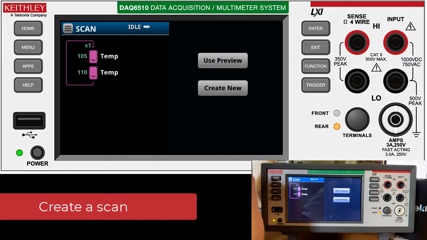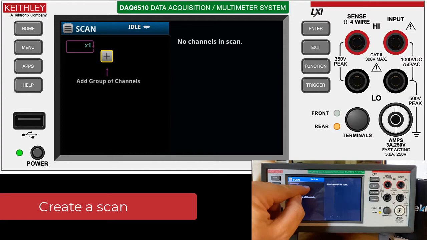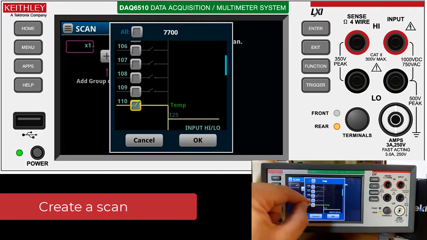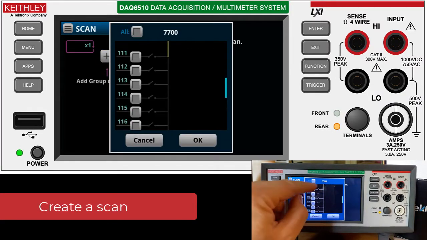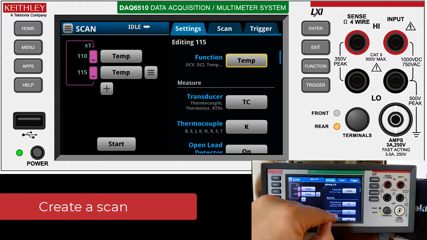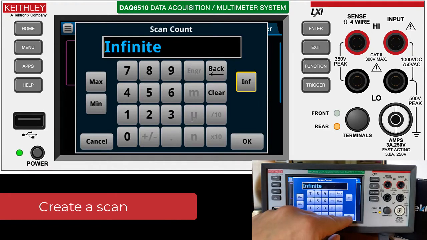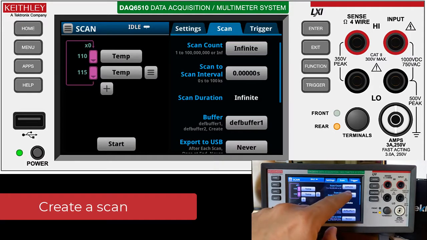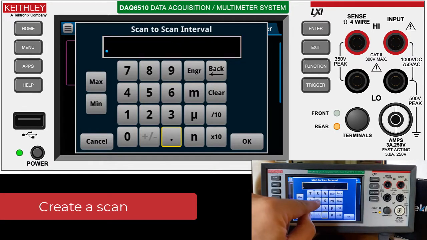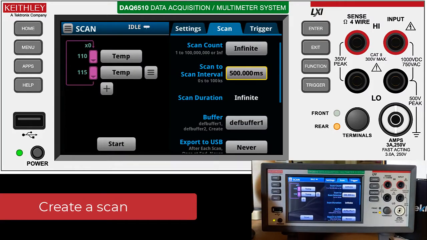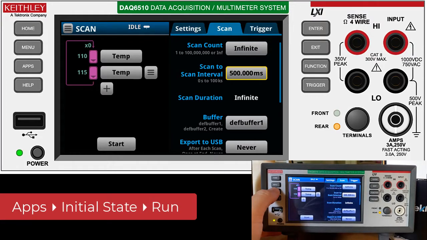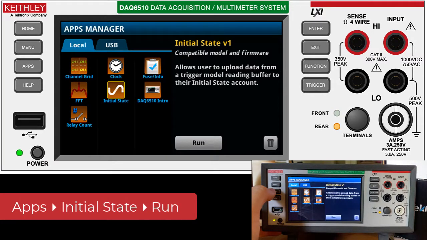I'm going to turn on 2 temperature channels as stated before, adding those channels 110 and 115, which are on this demo board, and go through the scan settings and set to continuous scanning, which is infinite scan count, and I'll go ahead and set a half-second sampling rate. At this point, I could just start the scan, but instead I'm going to go over to the apps,